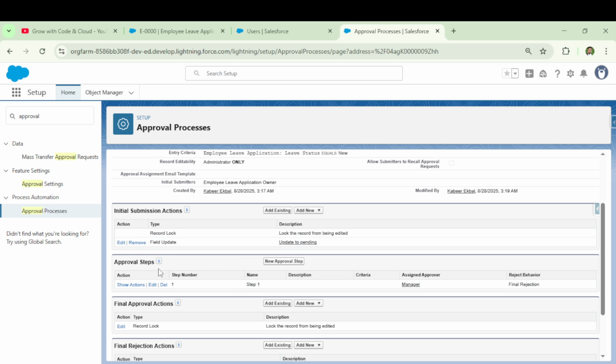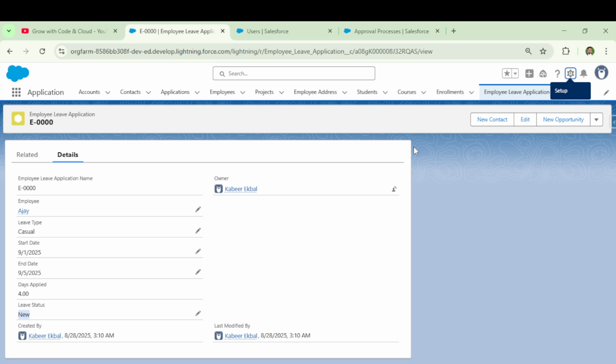Approval steps. What should be the approval steps? Once this record got submitted for approval, it went to the approver, the manager. So what would be the criteria for the manager to approve or reject? The request should be in pending. Before submitting, it was in the new state. Once you have submitted it, it is in the pending state. So only the pending request the approver manager can approve or reject. If it is already in approved state, how is the approver manager going to approve it again? So it must be in pending.